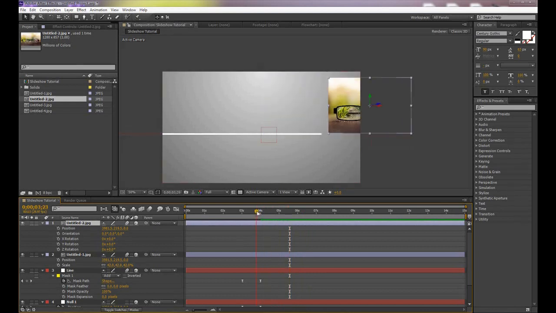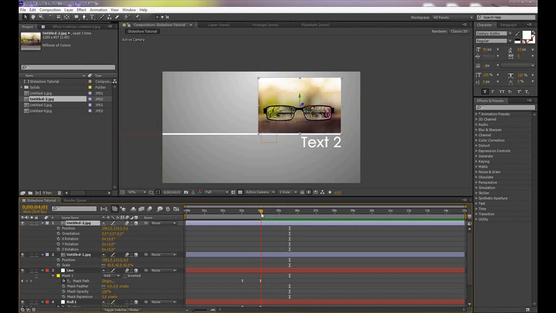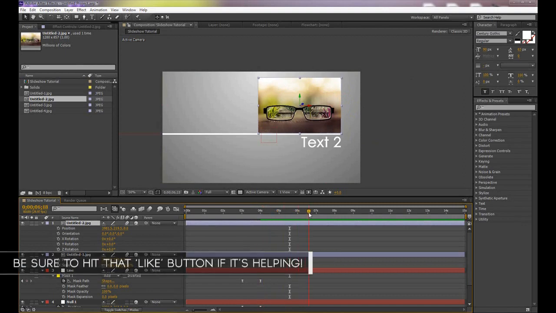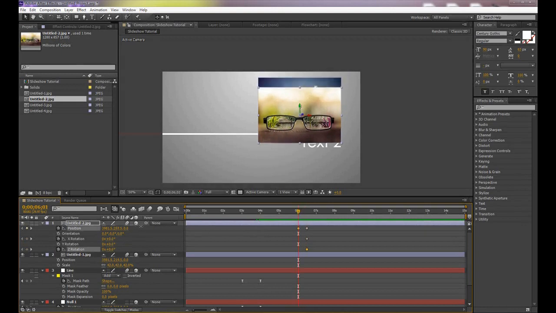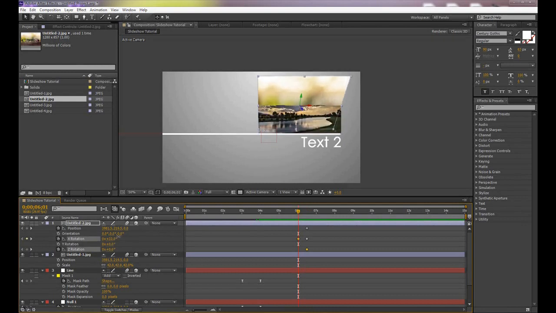in that space. So you can see the camera stops at about 4 seconds in, let's say we want that first picture to be shown for 2 seconds, and then this one to animate in about half a second. So we'll move forward to 6.5 seconds, press P, and choose whichever rotation options that you want. I'll probably choose X and Z, and then we just want to move back to the 6-second mark and animate this one out. So we'll bring up our rotation